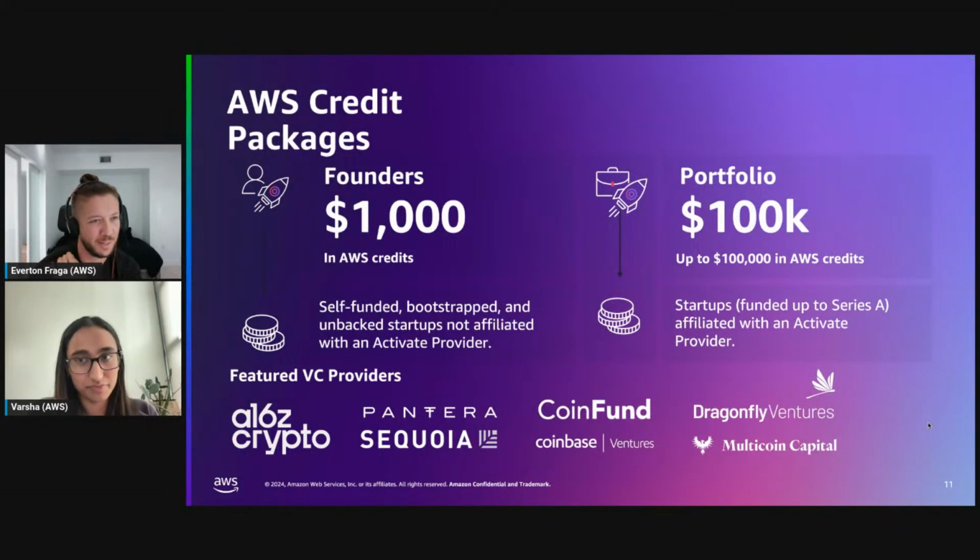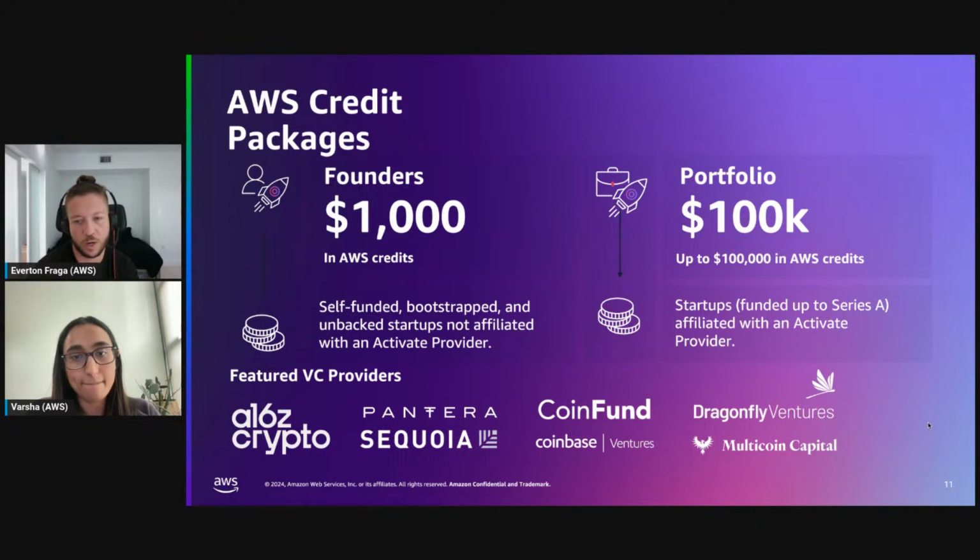All right, let's talk about numbers. So as part of this Activate program, one of the perks that people love the most are the credits, right? So here's some information about it. So bootstrapped builders, they can have up to $1,000 in AWS credits. Once they keep on their journey as they grow, they can get awarded up to $100,000 in AWS credits. We would love to rule out any questions, anything that folks have.